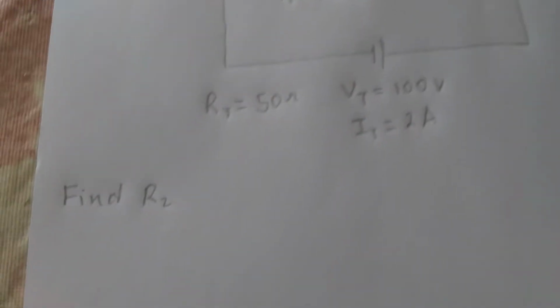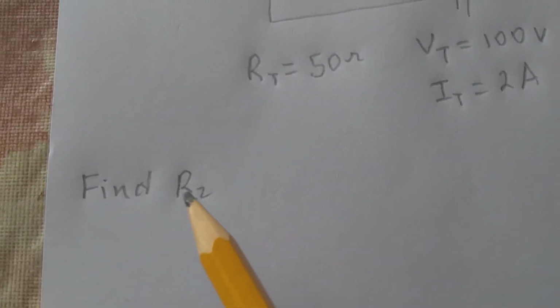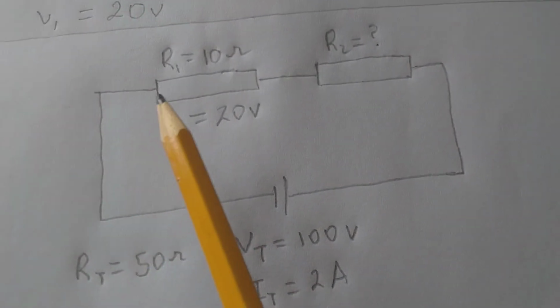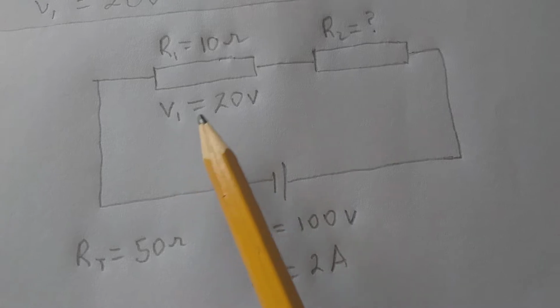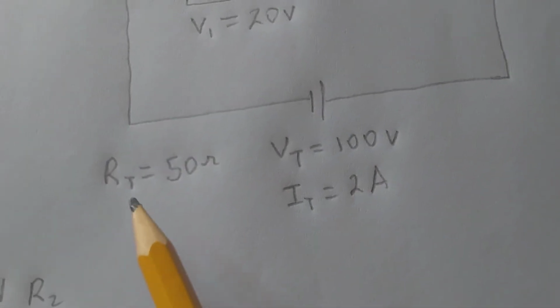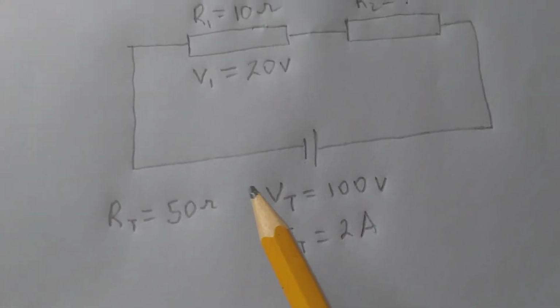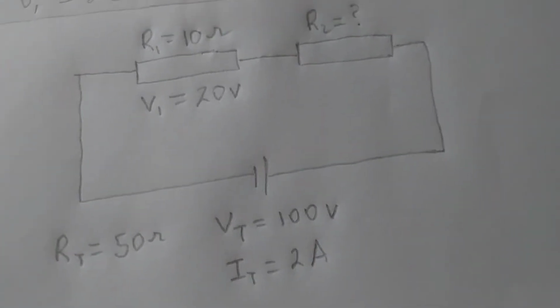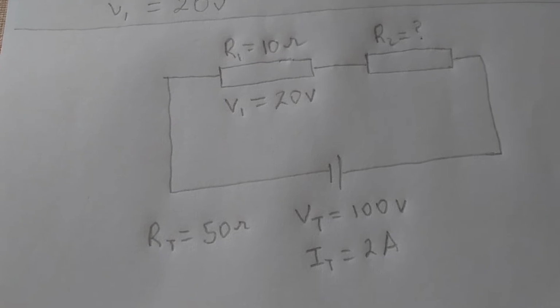Now here we have a diagram and we are asked to find resistor 2. And here is resistor 2. We have R1 10 ohms, V1 20 volts, RT equal 50 ohms, VT equal 100 volts, IT equal 2 amperes. Now we can go about finding the